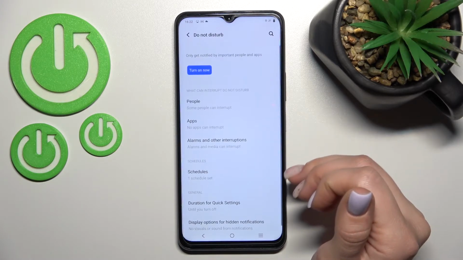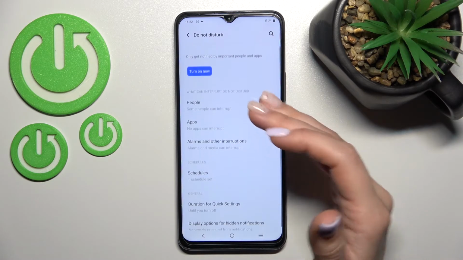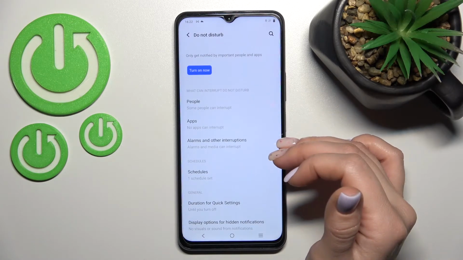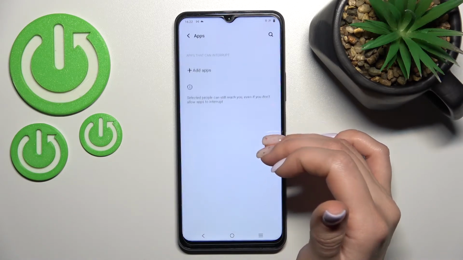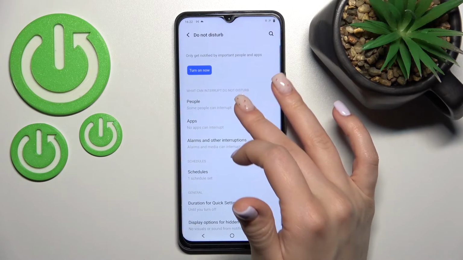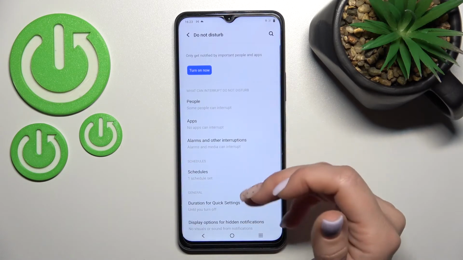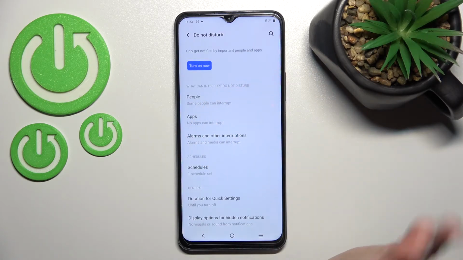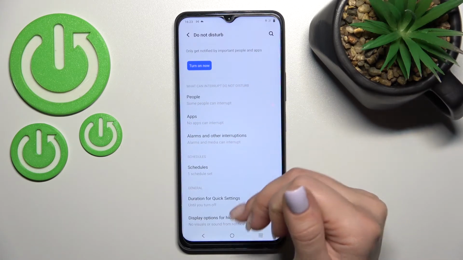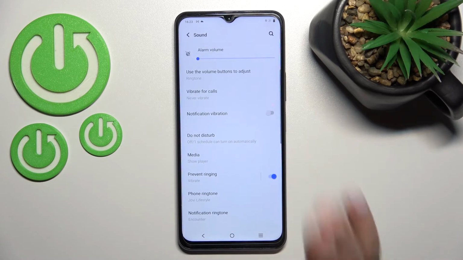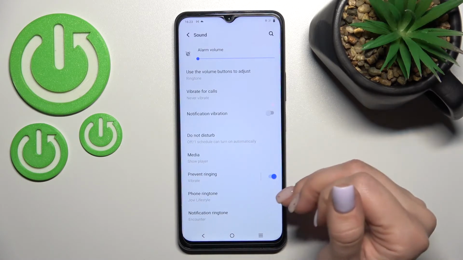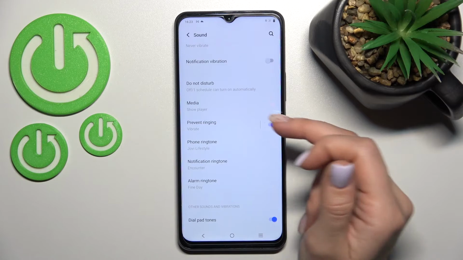Also we can set here the Don't Disturb mode, so we can turn it on or turn it off. We can switch the access just for the messages, calls and different applications here, and we can set a schedule for the start and end time of Don't Disturb. We can switch here also the